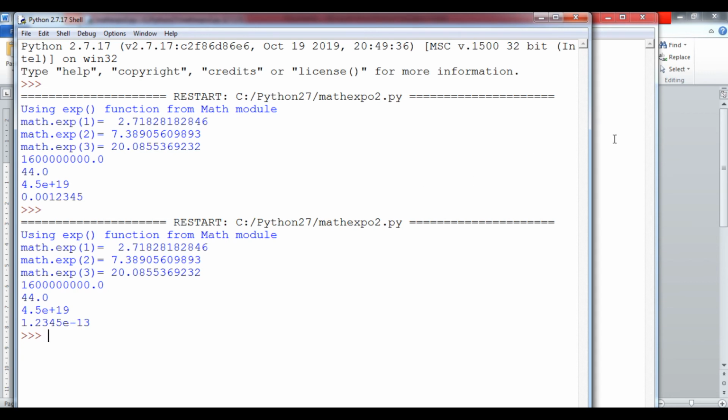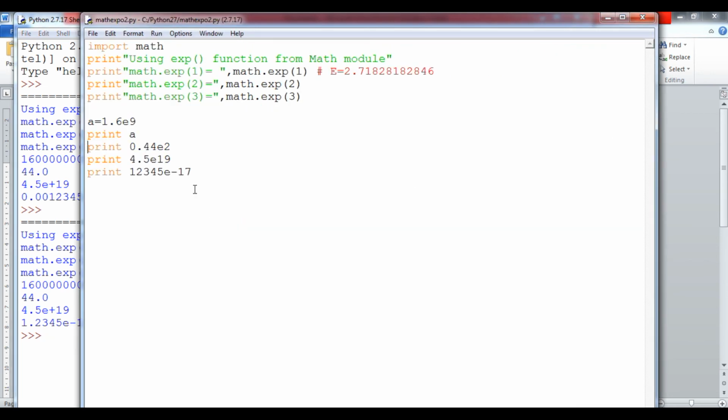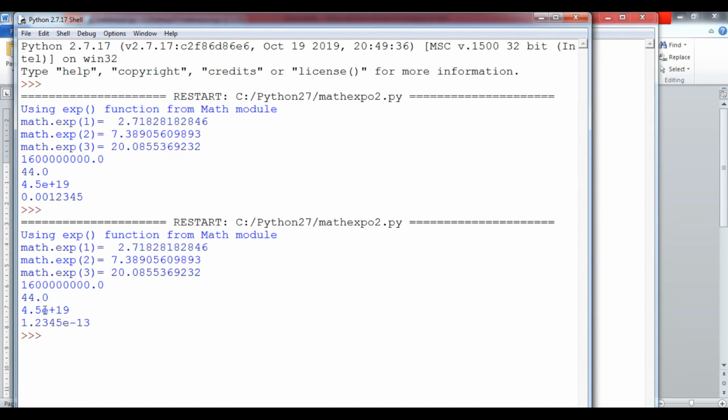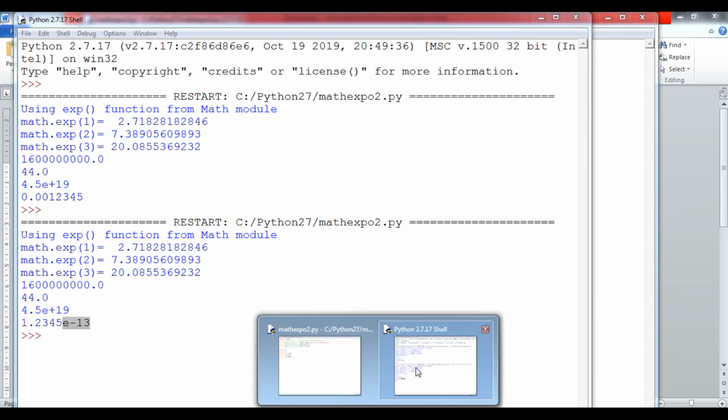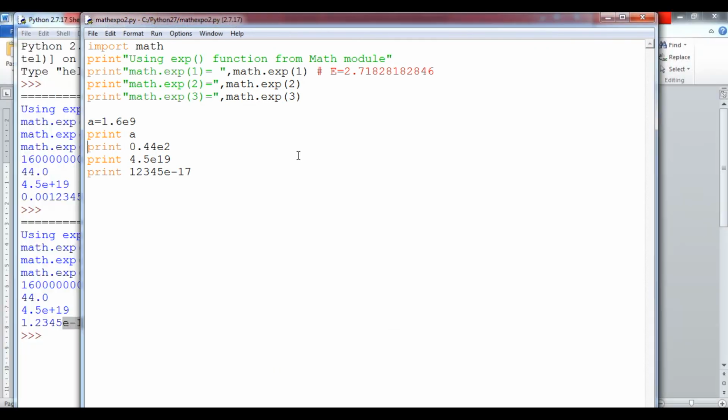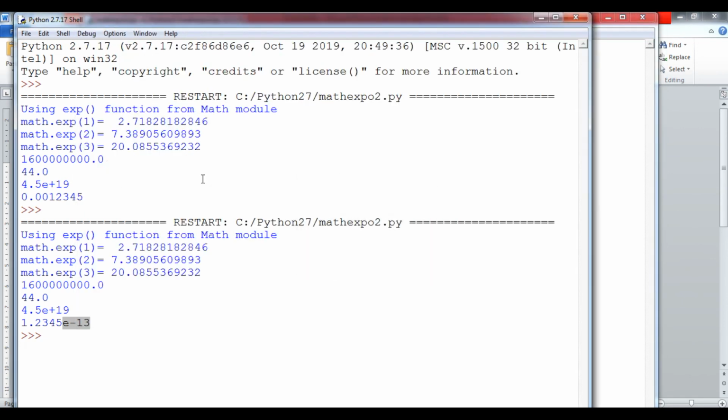Okay student, today we have learned how to form the exponential form of a value, in negative and positive, and how to use the exponential function of the math module, whose Euler's value is 2.71. We can do the same thing with capital E, 12345 E minus 17, the value will be the same. There is no difference between capital and small.